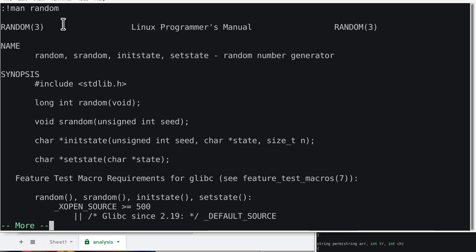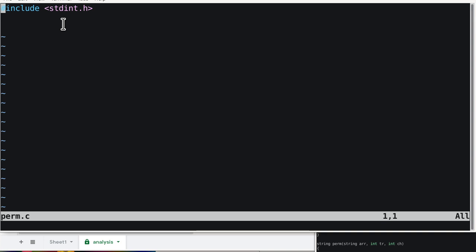Alright, so it's in stdlib and it returns a long int. Okay, that is fine. So we'll include